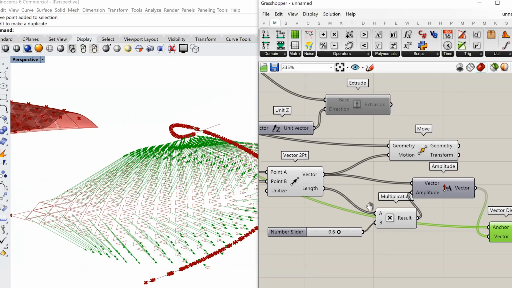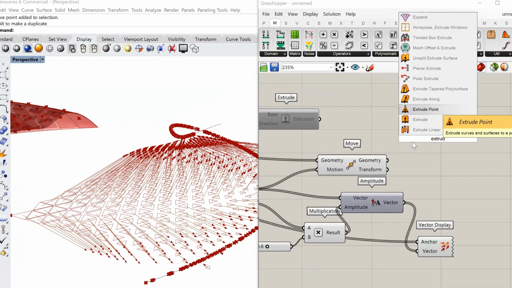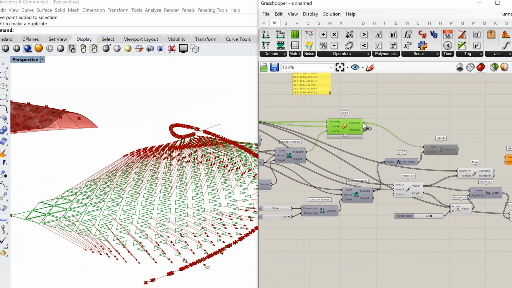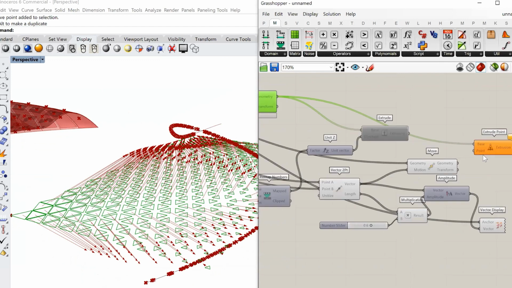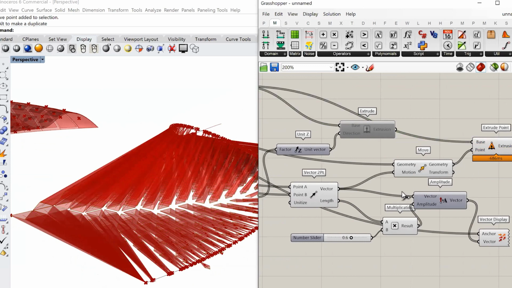Right? So now if I want to extrude that to a particular point, let's say extrude to a point. So my base is these triangles, and my point is the new move point. Sorry, I have to use this vector.